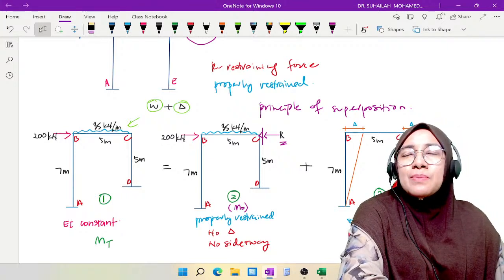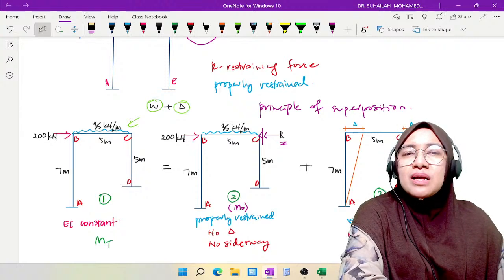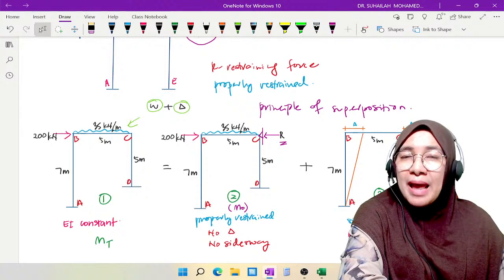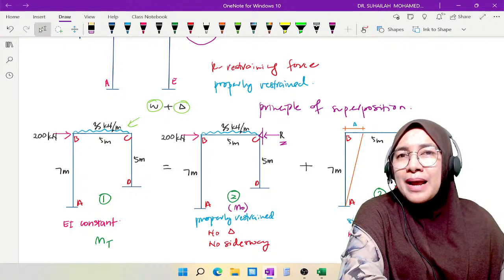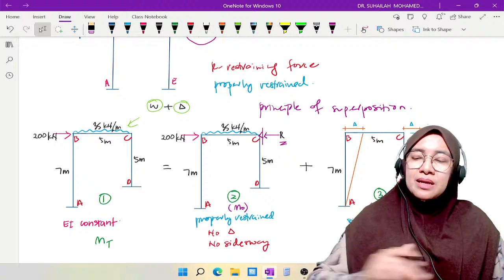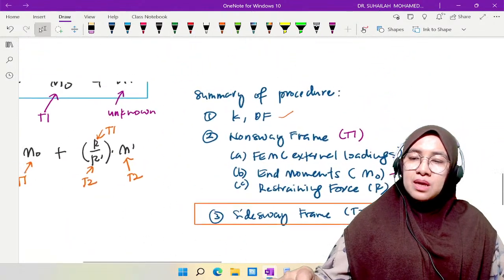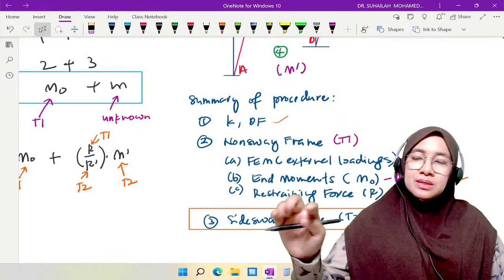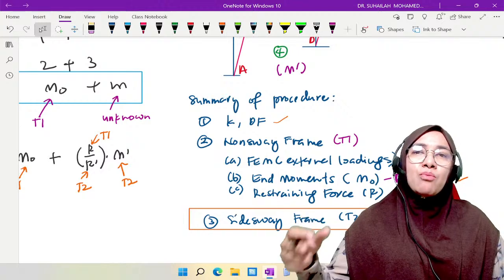By using trigonometry and interpolation, we produce M in terms of R, R prime and M prime, and then we have the final equation for the final end moment,